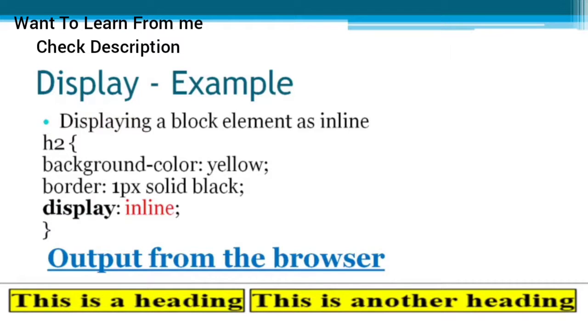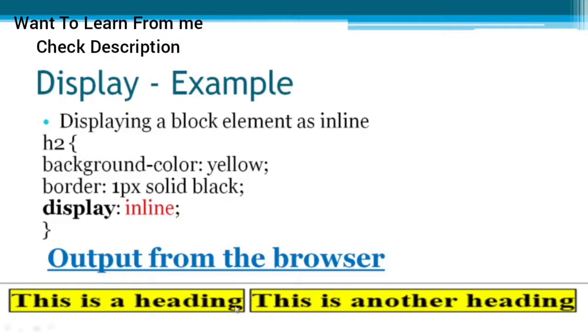Now the example for display is we have used an H2 tag with the background color yellow and a border, just to show where the element actually ends, and the display is given as inline. So this is how the output will look like.